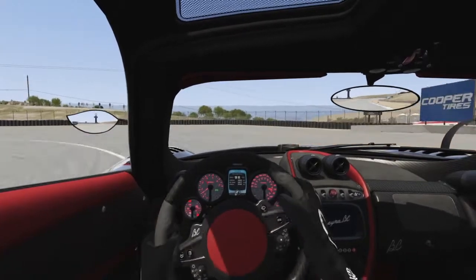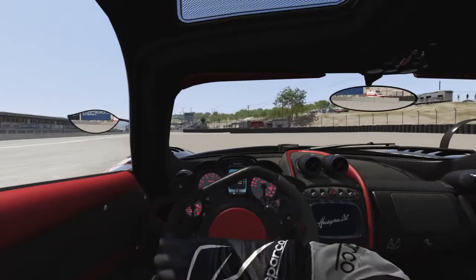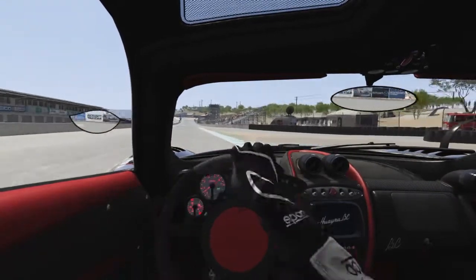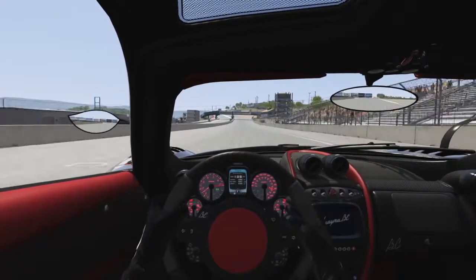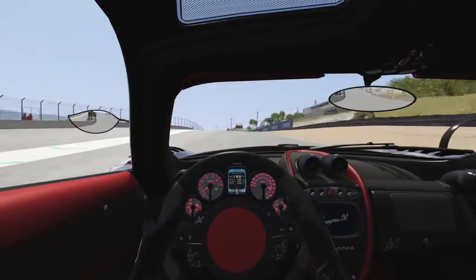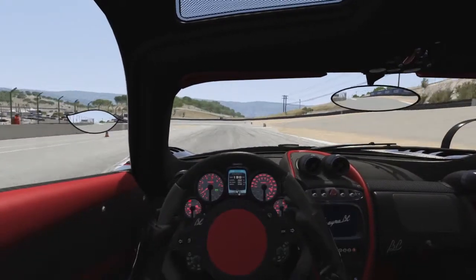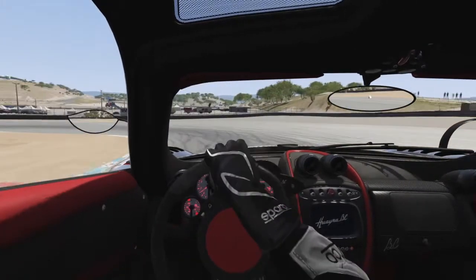What the F? Am I doing something wrong, or is this a bug in the game? Please let me know in the comments if I'm a noob, but regarding this issue. Because even if I go off the throttle, which looks like it's just sort of slipping it,